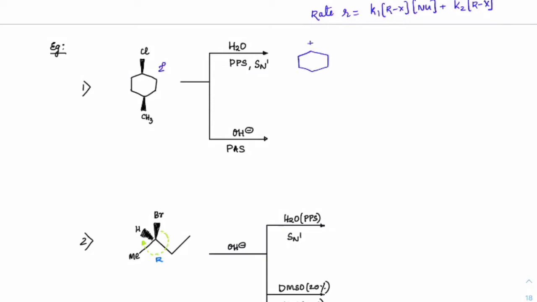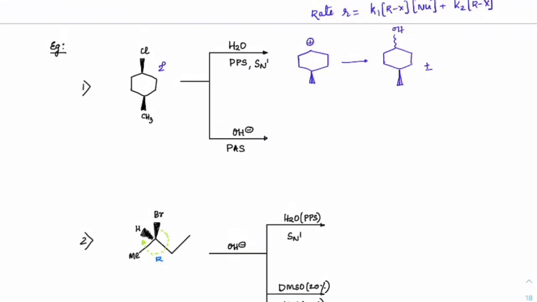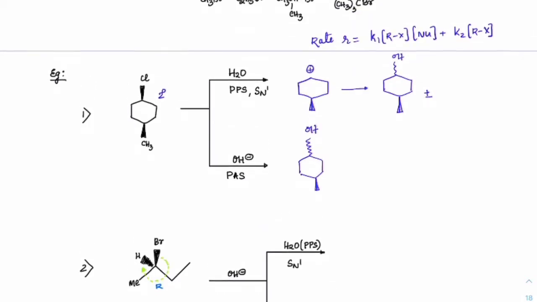We can expect a carbocation to form here, and we can have OH forming at this plus and minus side, which means it will have a racemic mixture there. And here if you check out, with polar aprotic solvent and a strong nucleophile, OH minus is a strong nucleophile, the reaction will happen with an inversion. Only one product, and that too the inverted product, OH. This is what you would get. Right, make a note of that.